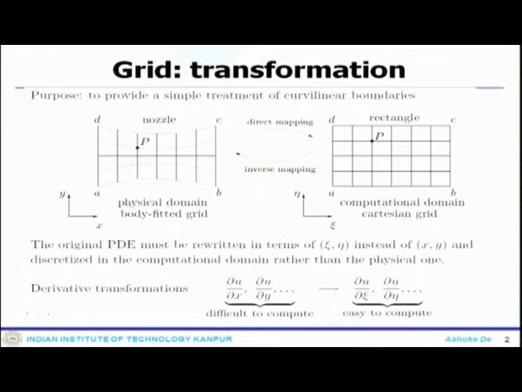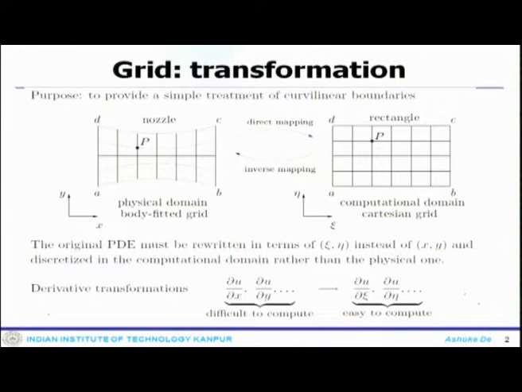Okay, welcome back to lecture 7 of finite volume methods. So, today so far we have discussed the modeling part and the discretization part, the derivative parts, and now we will move towards the finite volume formulation.